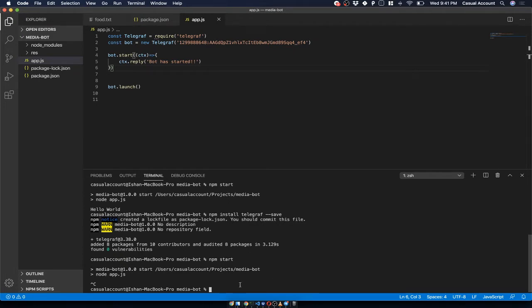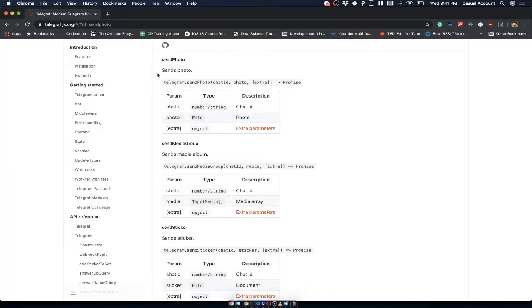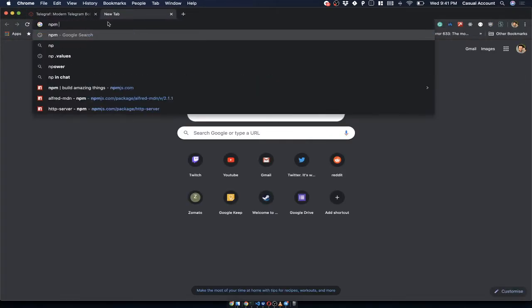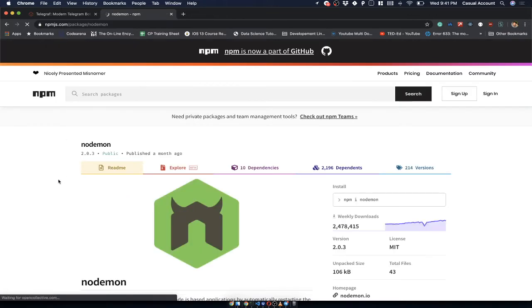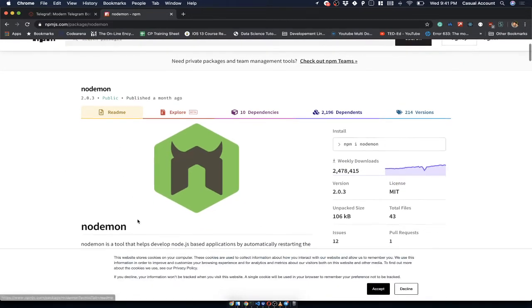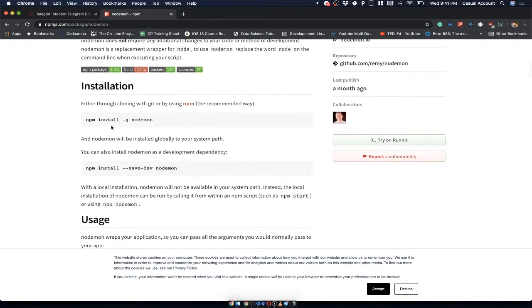So there is a very neat utility known as nodemon. Okay, you can search for it in npm, nodemon. Press enter. You can see that it is available in npmjs, nodemon. So I'll tell you how this works. Let's first install it.